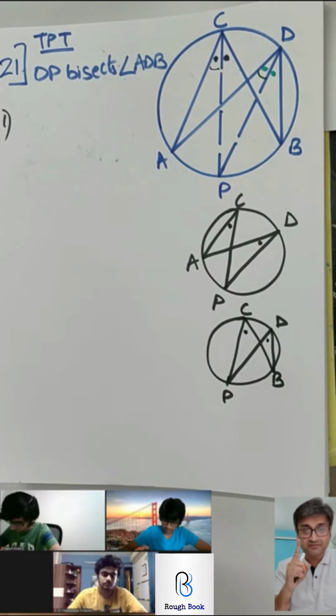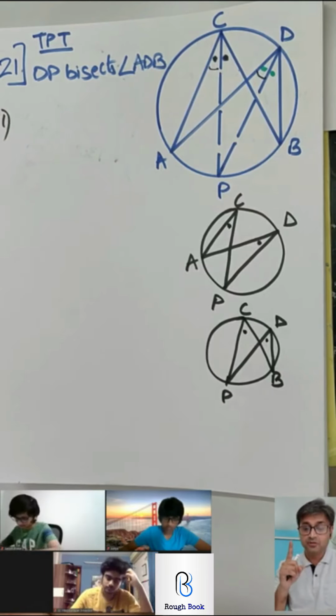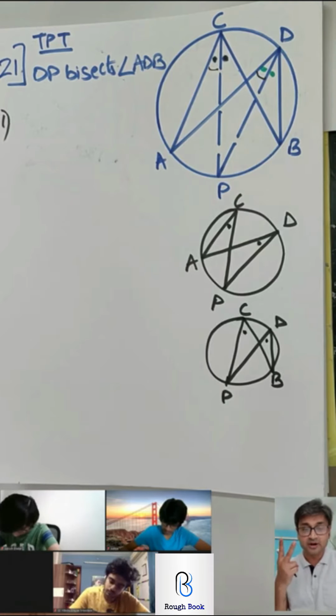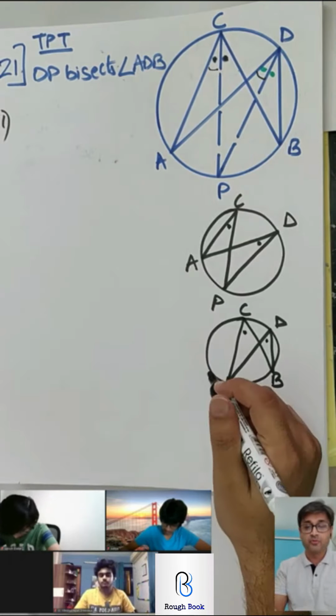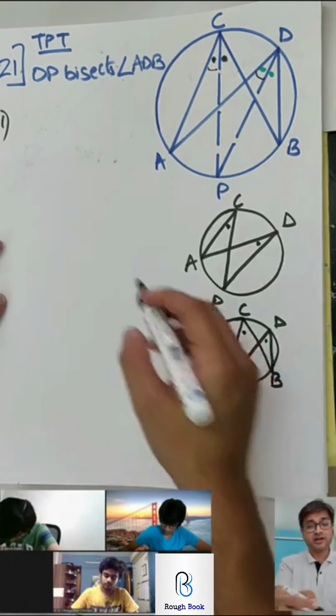Your step 1, listen carefully so you can write and you don't need to copy. Step 1, angle ACP equals angle ADP, angles inscribed in same arc. Step 2, angle PCB equals PDB, again angles inscribed in same arc. And step 3, just connect the two from 1 and 2 and that's it. So I think only 3 steps and you should be sorted. Come on, let's write it.